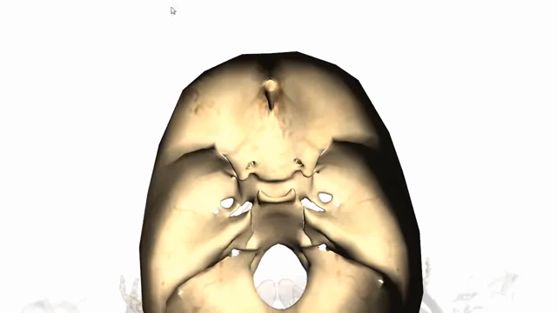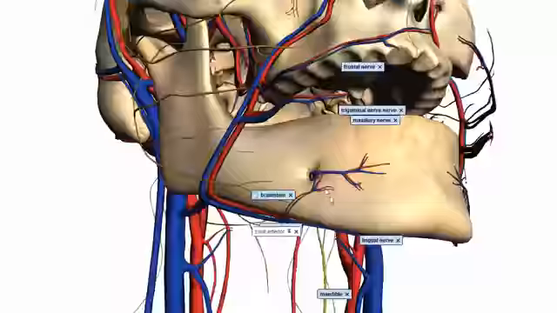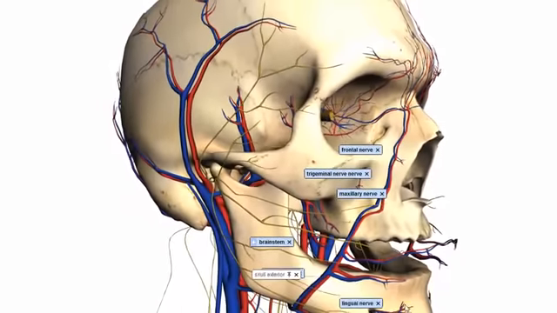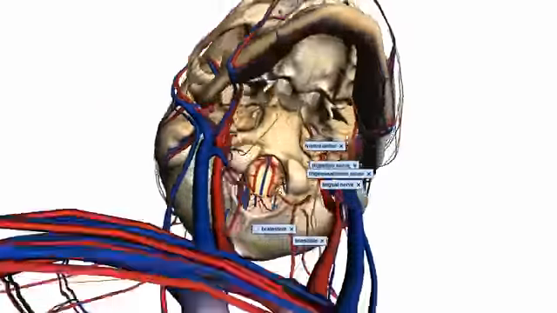So I think the best way to show you this is from the base of skull view. So if you just see what I'm doing, I've got the skull here, I'm just rotating it so we can see